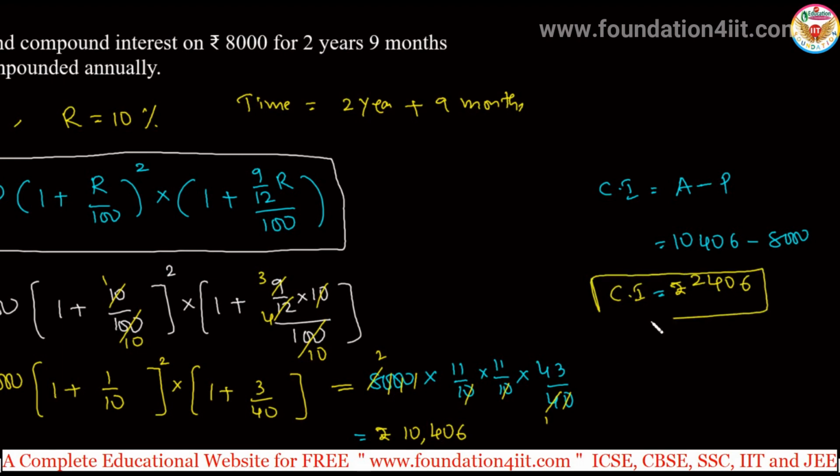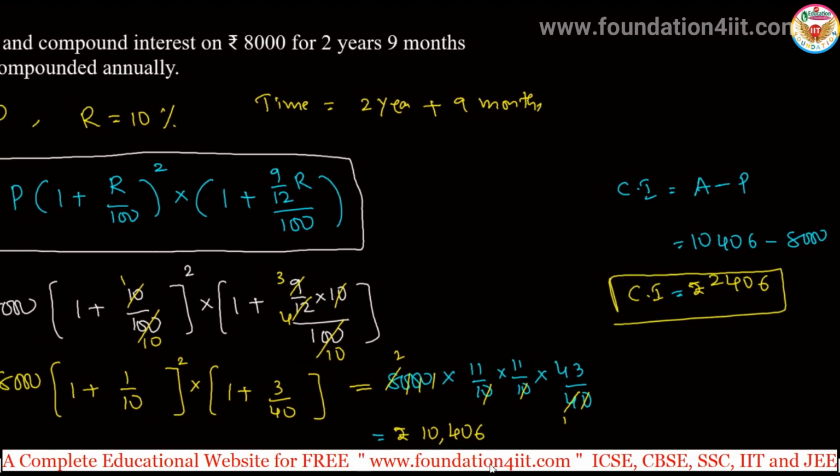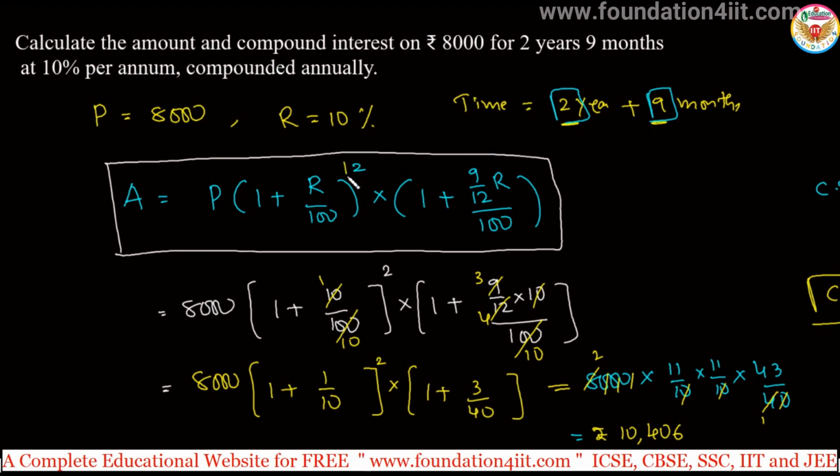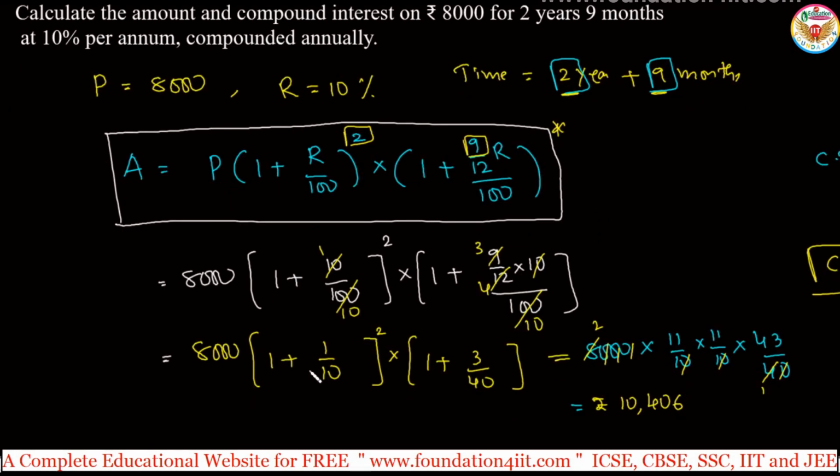Okay. The main thing in this, we have to use this concept of this formula when they give years and months combination. Okay, years is 2, months is 9. So I kept 2 in this place, 9 in this place. Only this position will be changed. If it is 3 years 9 months, 3 and 9 will come. You can remember this to calculate the amount or compound interest directly when they give the combination of years and months.